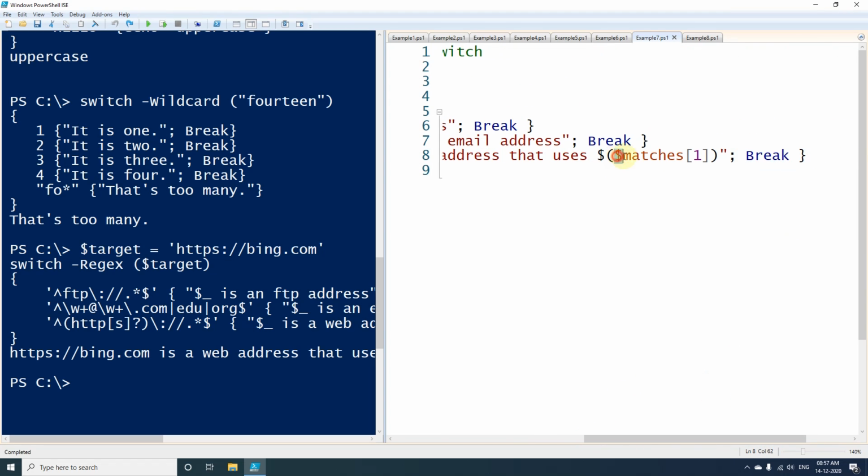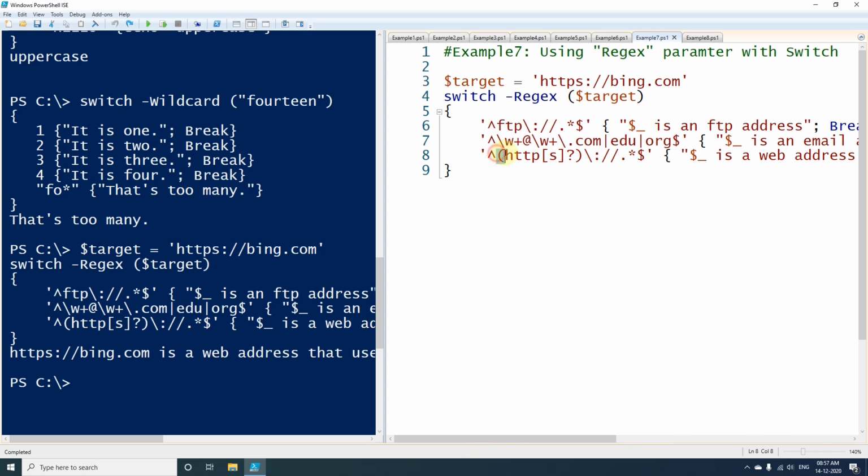To fetch the matches we just use the small bracket here. And the same thing in PS item, we have used target, so the target will again be replaced by this one. So this is how we can use a regular expression with the switch statement.